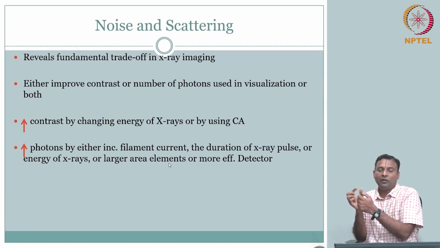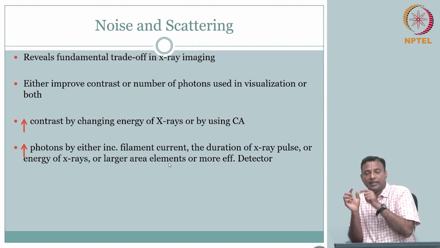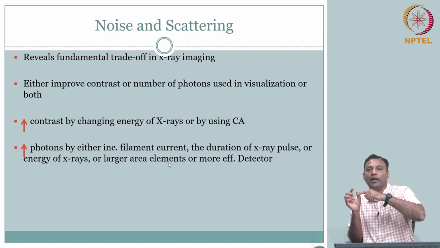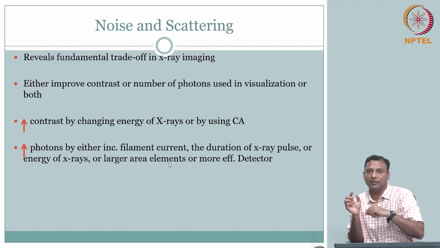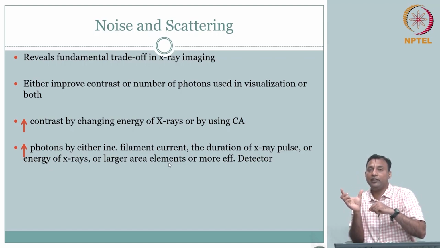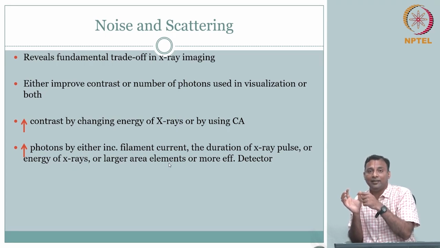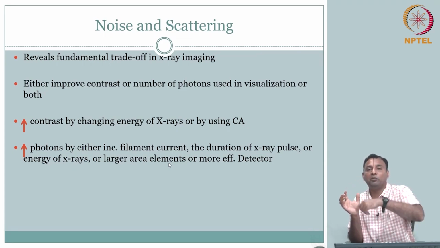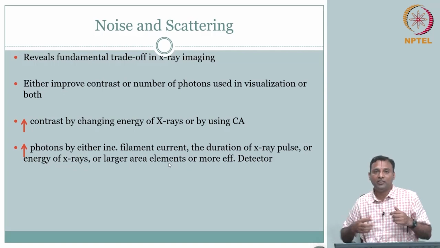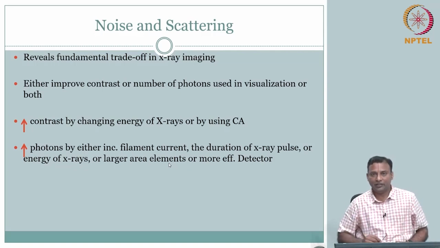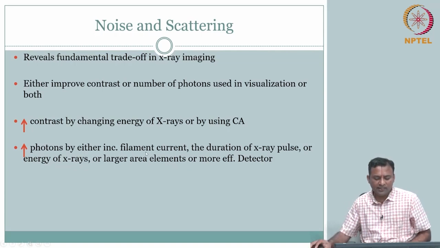If my pixel is 1 mm cross 1 mm, I will say that this came along a 1 mm cross 1 mm line of sight in front. Whereas if I make the pixel 5 mm cross 5 mm, yes, I will catch more photons, but then I will have to say this came from a 5 mm cross 5 mm region in front, so I have lost the resolution. So there is always this trade-off,